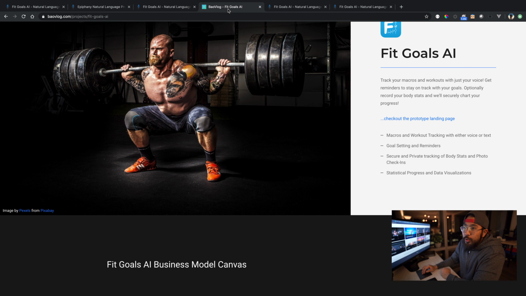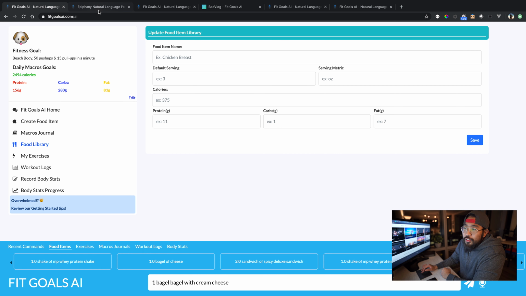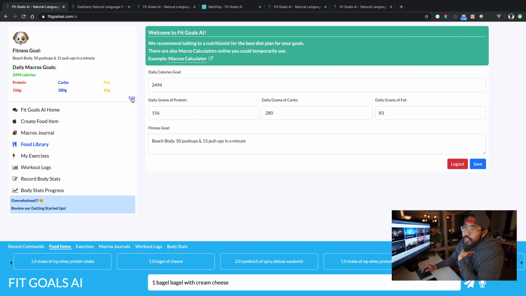What I want to show you next is, let's see. What you can see now on my screen is I have logged in with my own personal test account, and the purpose of this web interface is really a way for me to test out the data model behind the scenes.